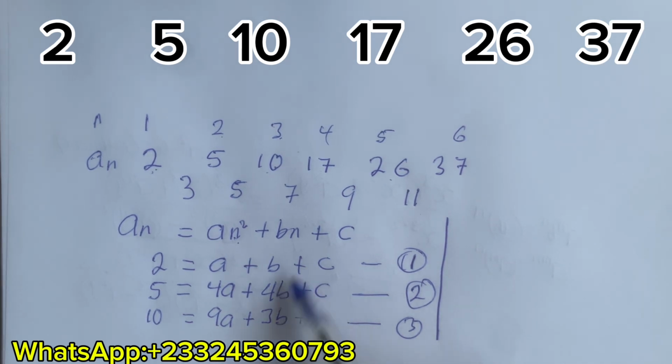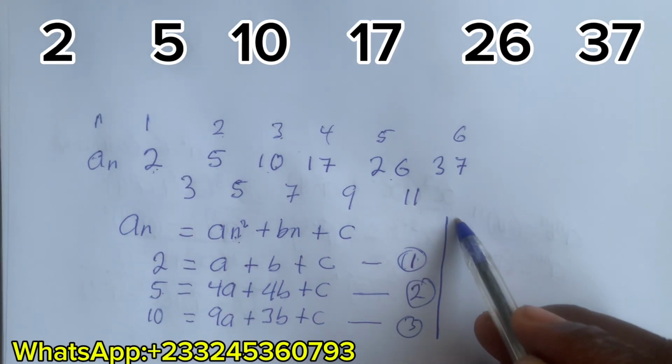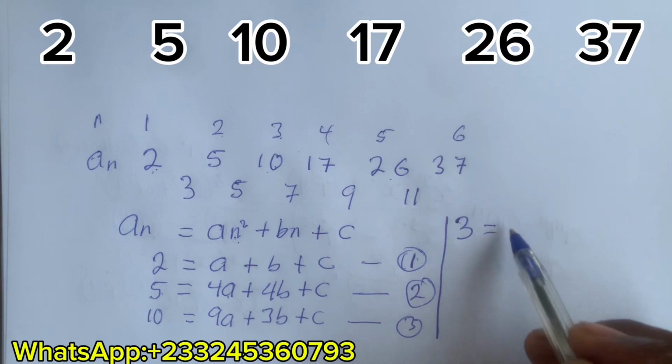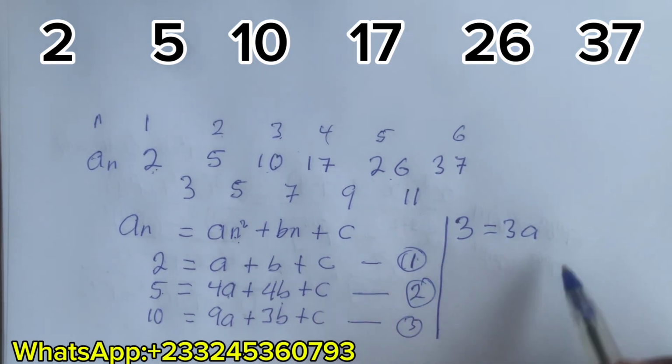So how do we solve these three equations simultaneously? You can subtract any two of the equations. So first, let me take equation 1 from equation 2. I'll take 2 from 5. It will give me 3. If I take a from 4a, it will give me 3a. If I take b from